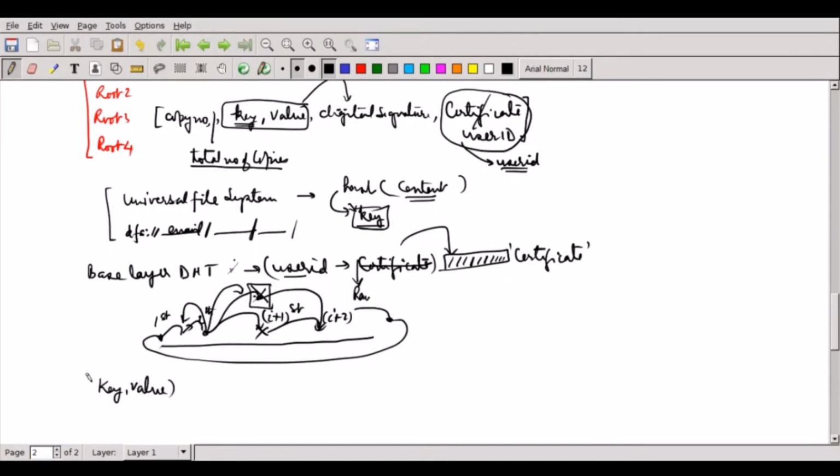But every key value pair also needs to have an expiry. This will be done when the publish is done. So this is an absolute expiry which is going to be maintained. For example, I am putting my certificate and everything. This will expire in 6 months. So in this case, I need to have an expiry entry which has to be made here.